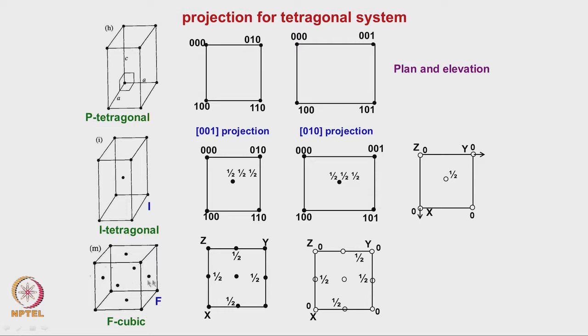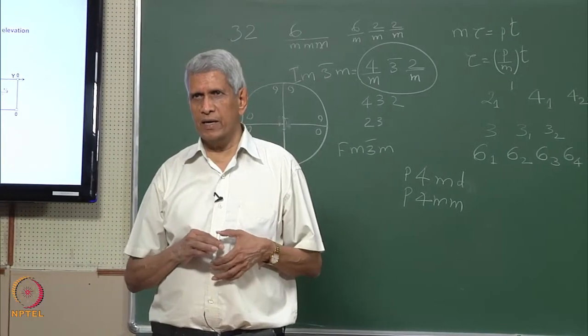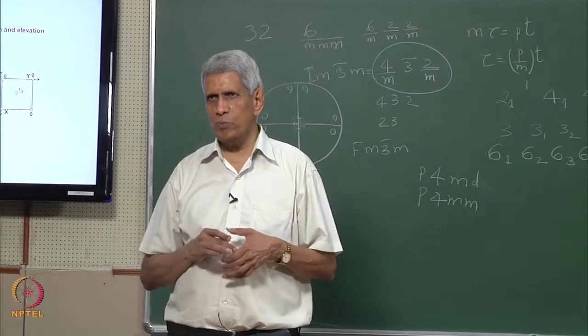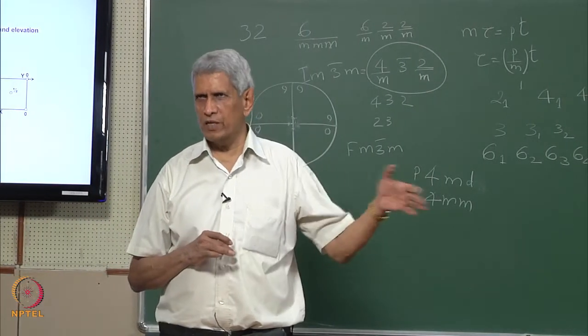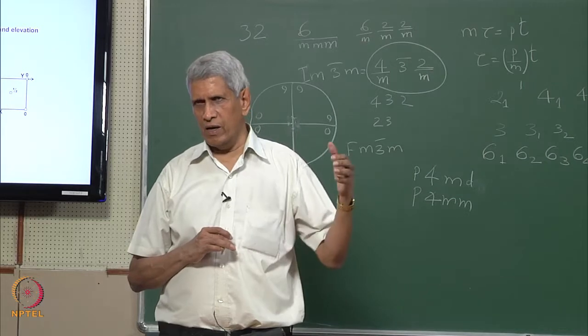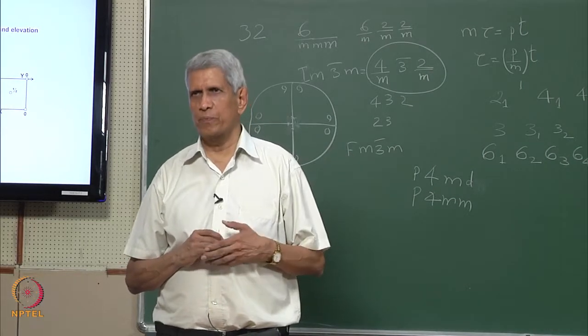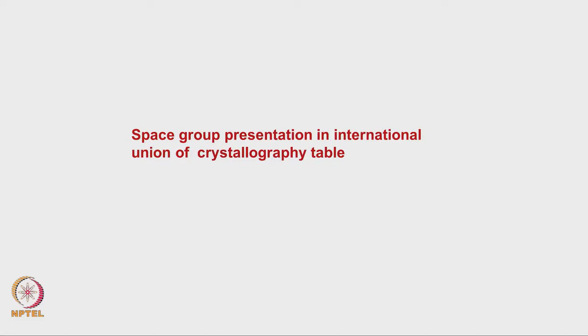Similarly, if it is a face-centered cubic, then these positions we mention as half positions, and the others we know are in that same plane. So these are all the ways in which we can represent it. In fact, in many journal papers, when they want to show the projection of a unit cell, quite often this method is followed. We will just take a few examples. So this is the way in which a unit cell can be represented.